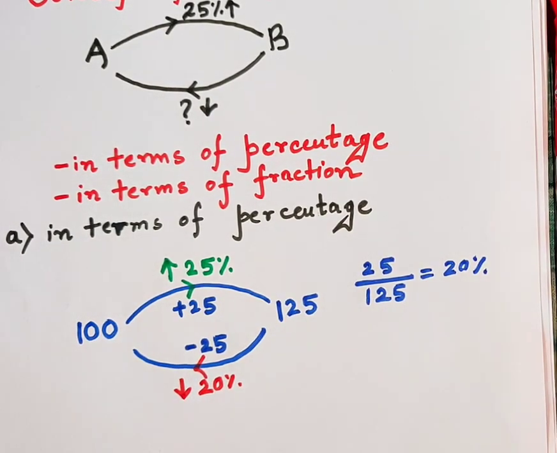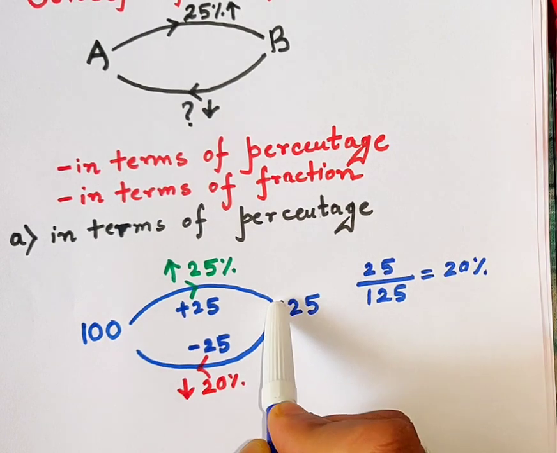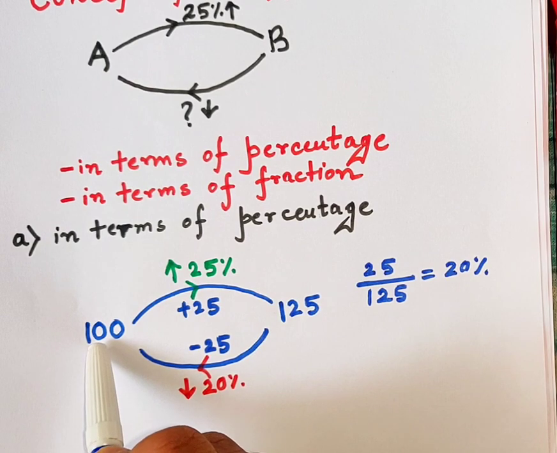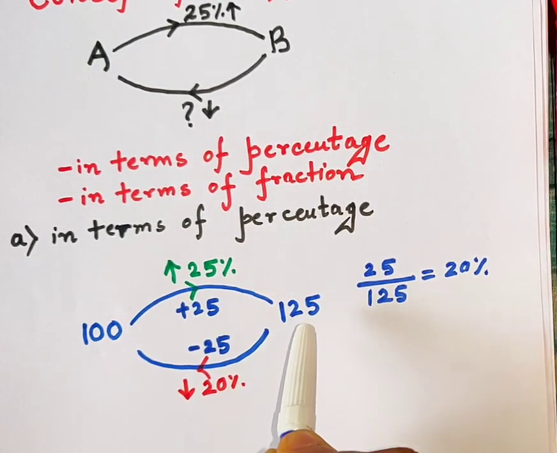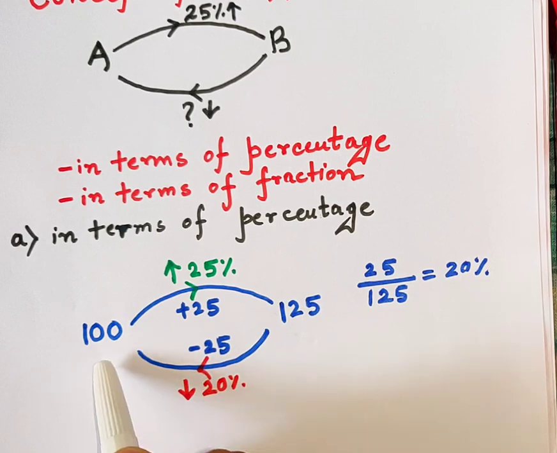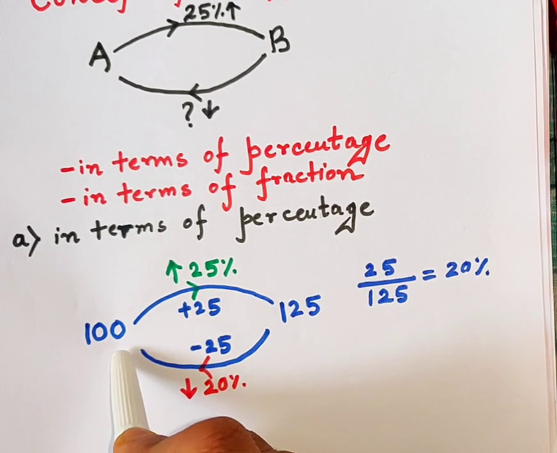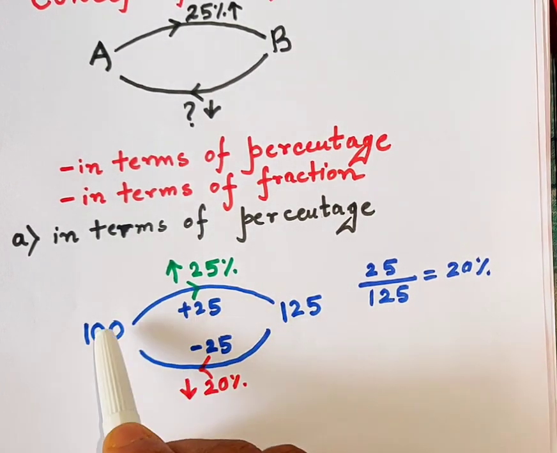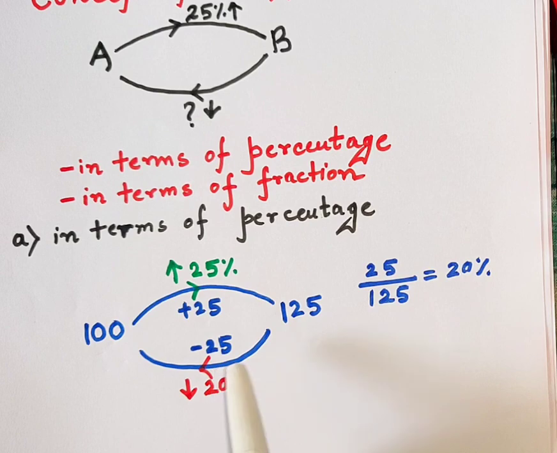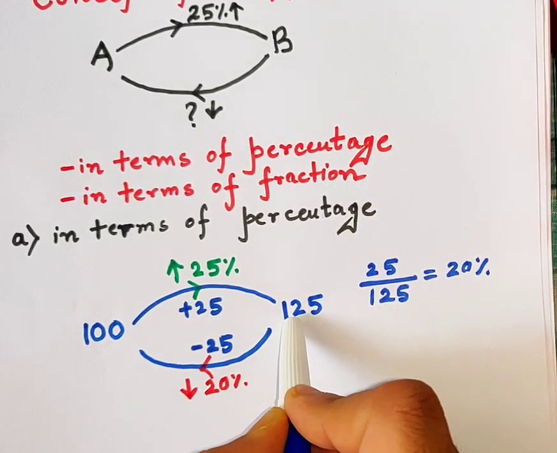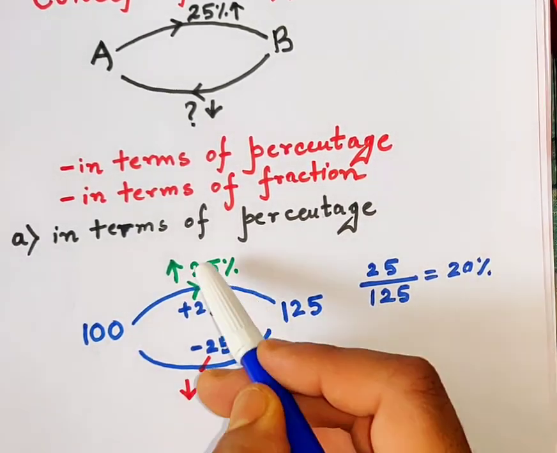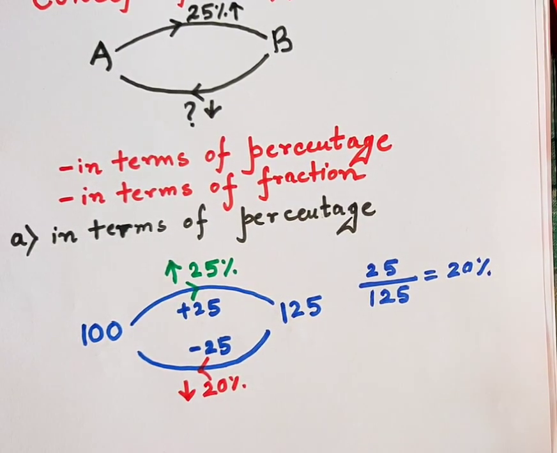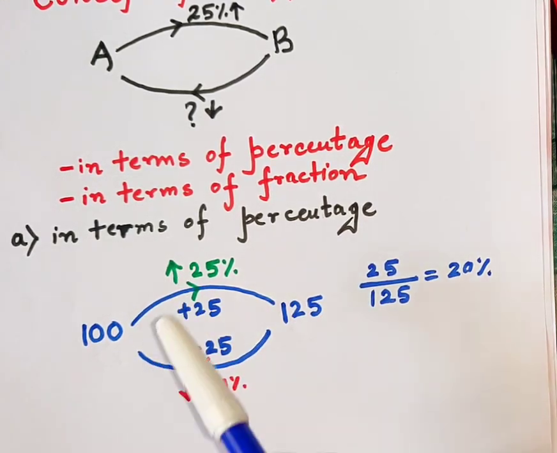So what you did: if you increase by 25%, then you need to reduce 20% from this increased value. This is the first value 100. You increase it by 25% to 125, and then you reduce 20% from it to get back the initial value. So ultimately you are adding the same value, but 25 is 25% for one base and 25 is 20% for another base. Because the base changes, the value of the percentage changes. This is the concept of change of base. So if your base changes, the value of the percentage will also change.